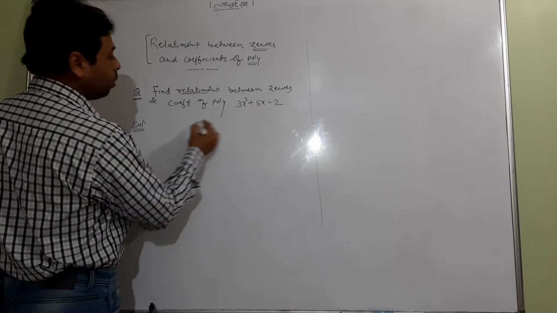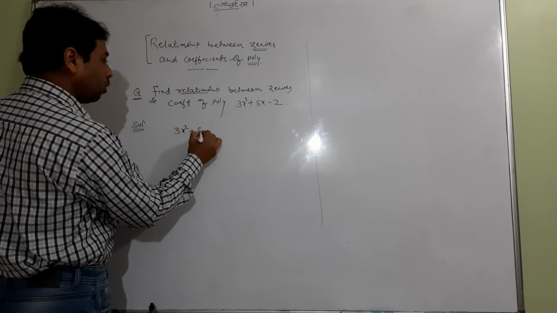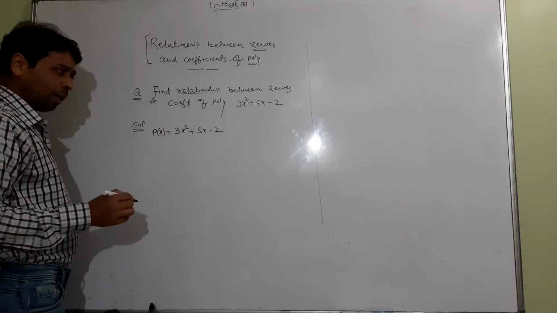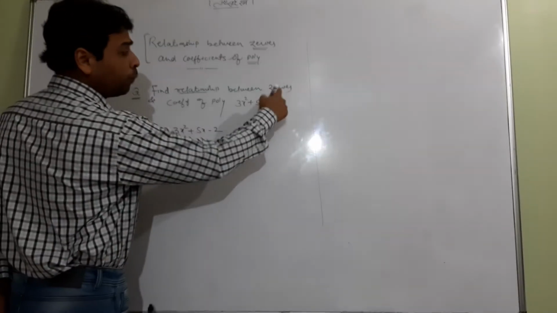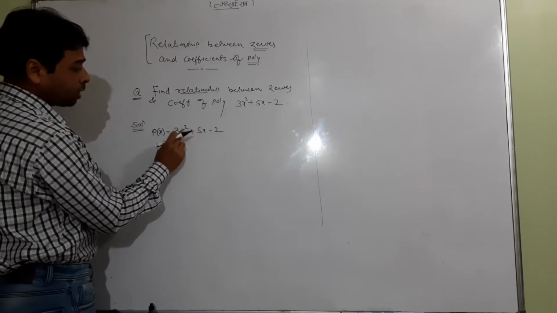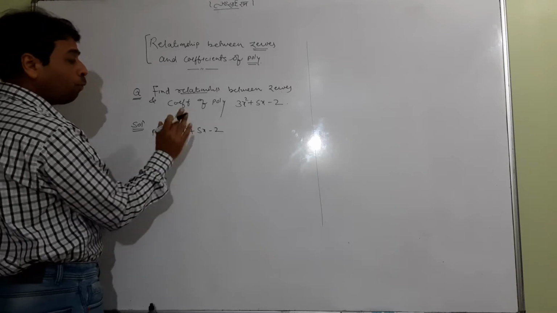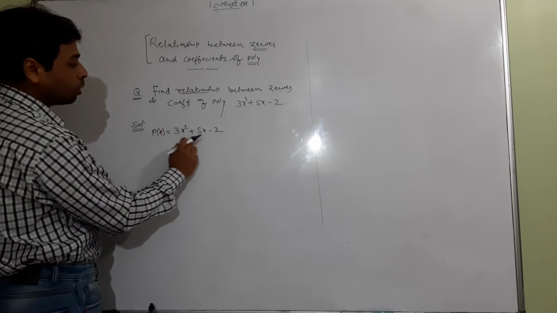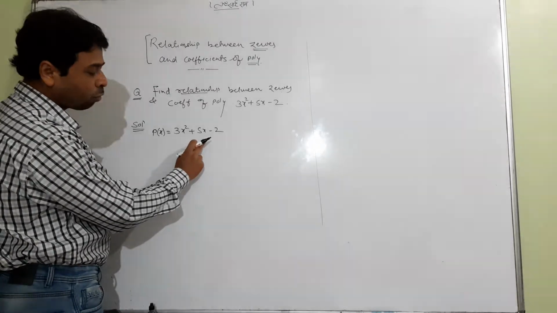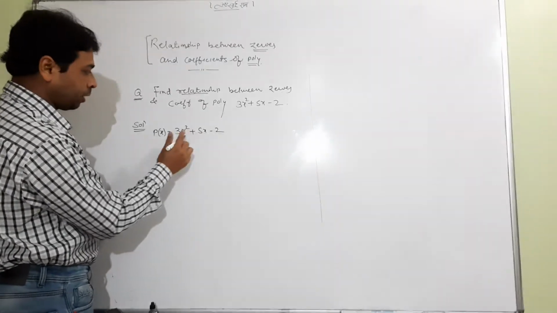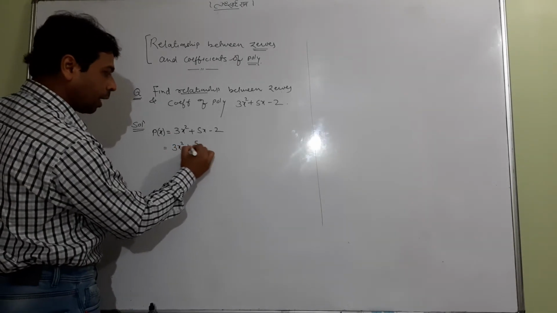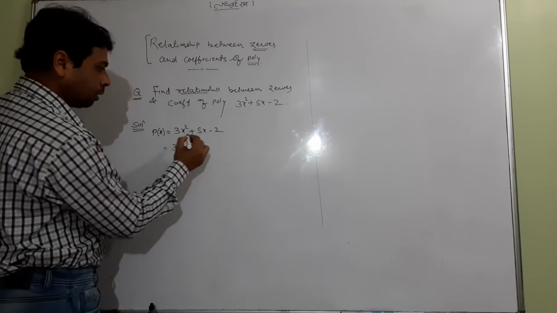So first of all, write your polynomial. You can give it the name p of x. Now guys, you first find zeros of the polynomial. Let me explain that this is a quadratic polynomial. For finding zeros, first split into factors. We can call the method middle term splitting method. This is a very familiar method. You should remember that. I have taught you this in class 9th.